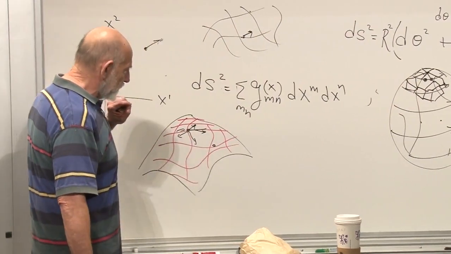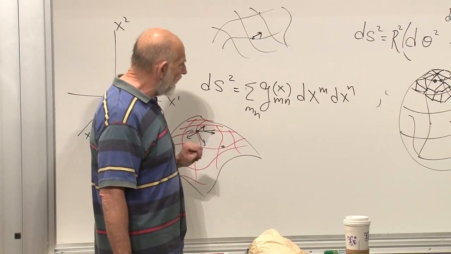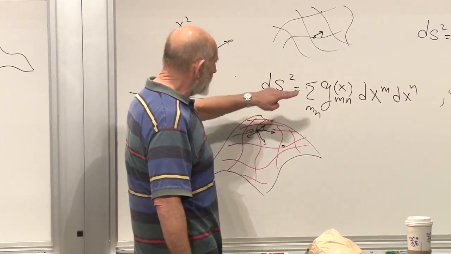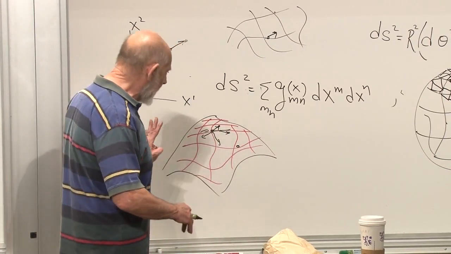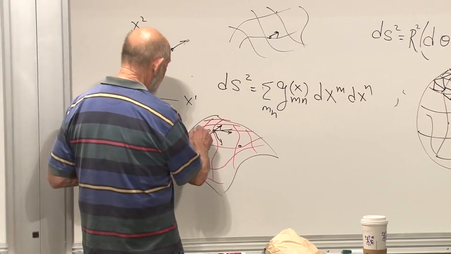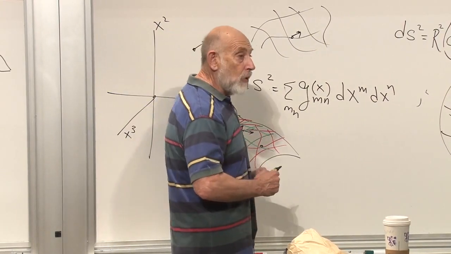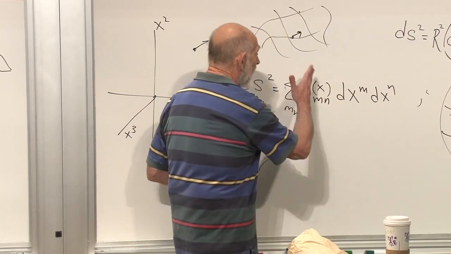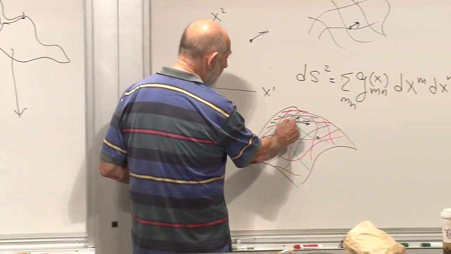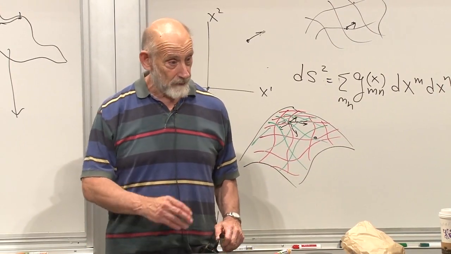Let's say it more precisely. Given g_mn of x, which is called the metric tensor, as a function of position in some set of coordinates. Keep in mind, there are many sets of coordinates, and in every set of coordinates, the metric tensor may look different, may have different components. But I give you one set of coordinates and one metric tensor. In effect, I've told you the distance between every pair of neighboring points, and I ask you, is this flat or is it not flat? In fact, what do I even mean by asking if it's flat?